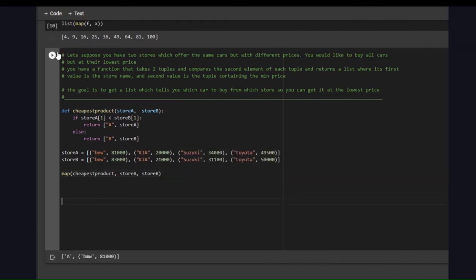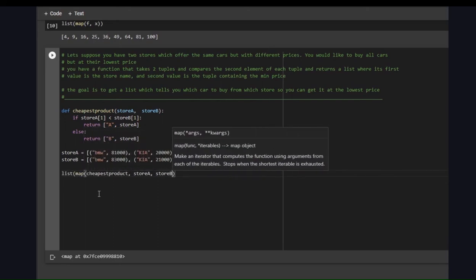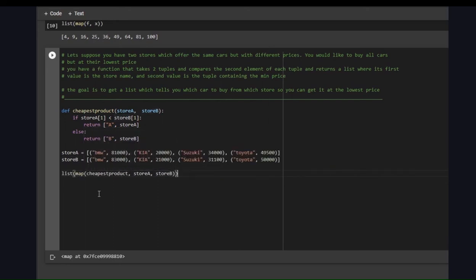Now if I run this, it will return a map object. It is an iterator. So what we want is a list. We want to iterate over this object and create a list. So let's put function list here. And now if we run this, we can see that we get a list